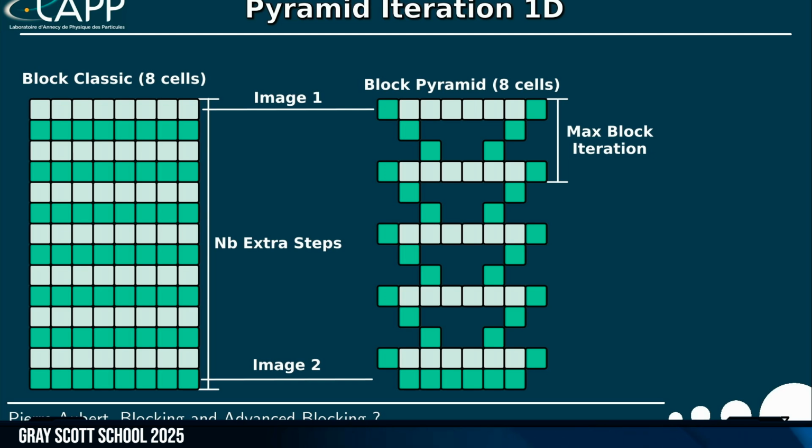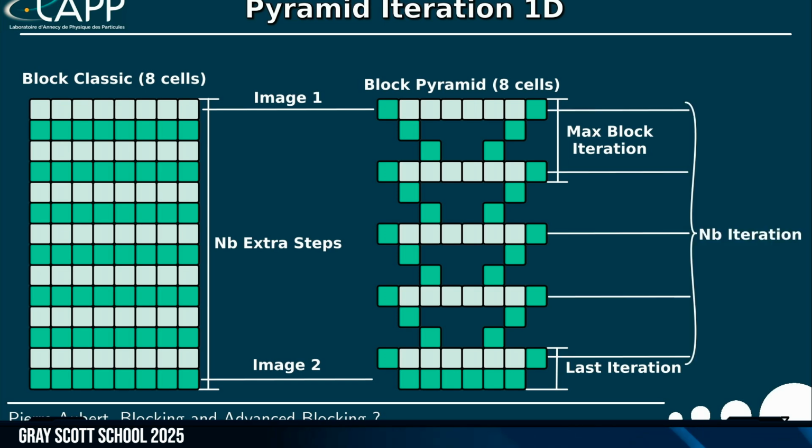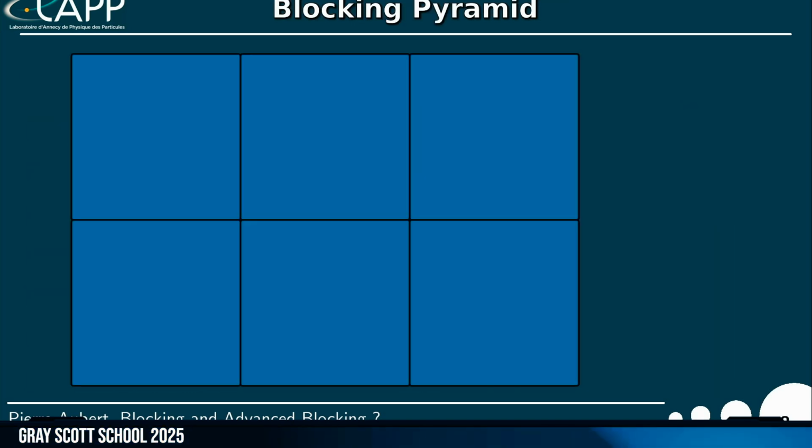And here, in terms of data movement, we have less data movement than before, even if we use the same amount of memory. And for the last iteration, of course, we have to adapt a bit, because sometimes it's not a multiple of the size of the pyramid, so we have to take care of that also. And finally, we have the number of iterations. If you have a look at the implementation I have in my lecture, you have everything written to know what's going on. In 2 dimensions, it's a bit more complex.